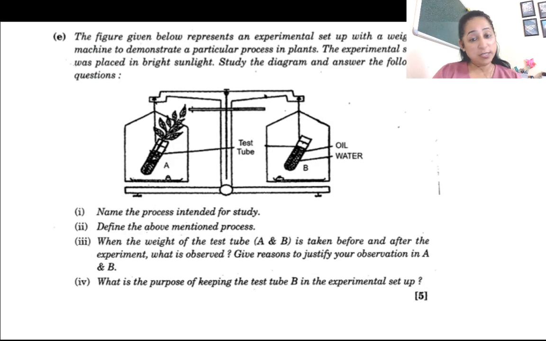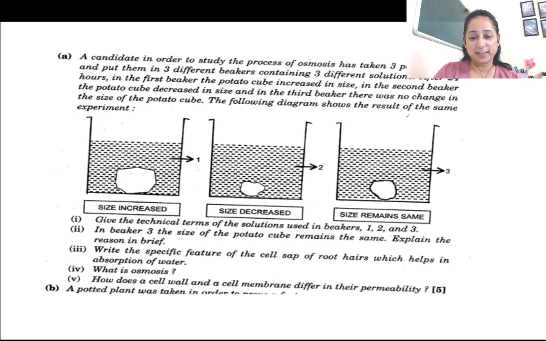Next, herein थोड़ा सा tricky है ये question. Herein in this question they are weighing the what? Same question है जो हमने first question किया था where there was oil over the test tube. Here also oil is there on the test tube. Test tube A has oil over it, but it has a plant also. B is just a control. Oil है, plant नहीं है. So it is just to show that change is taking place only in one test tube, and they are weighing also so as to understand how much water is lost. So this is a tip for this diagram.